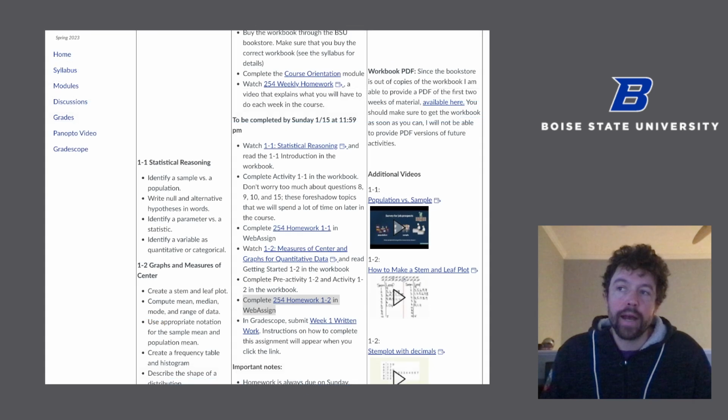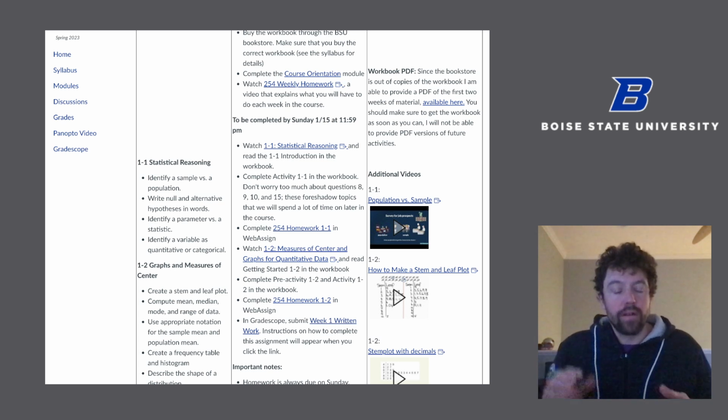And then if we go back here, the final thing that we have to do is each week you'll have to submit some written work. And if you were to click on this, it would tell you what to do. The assignment's not open yet, so I can't click on it. But when you click on the week 1 written work, it'll tell you to hand in pages 3 and 11